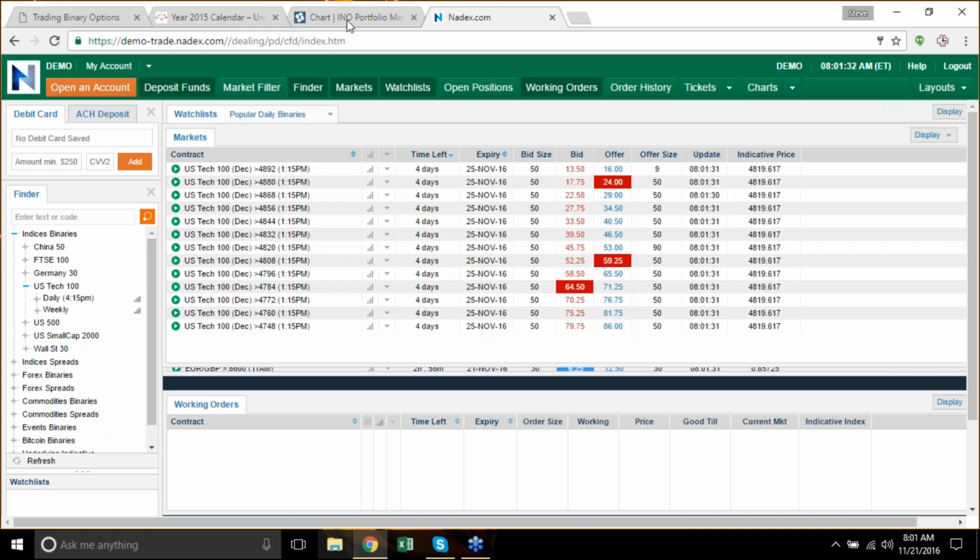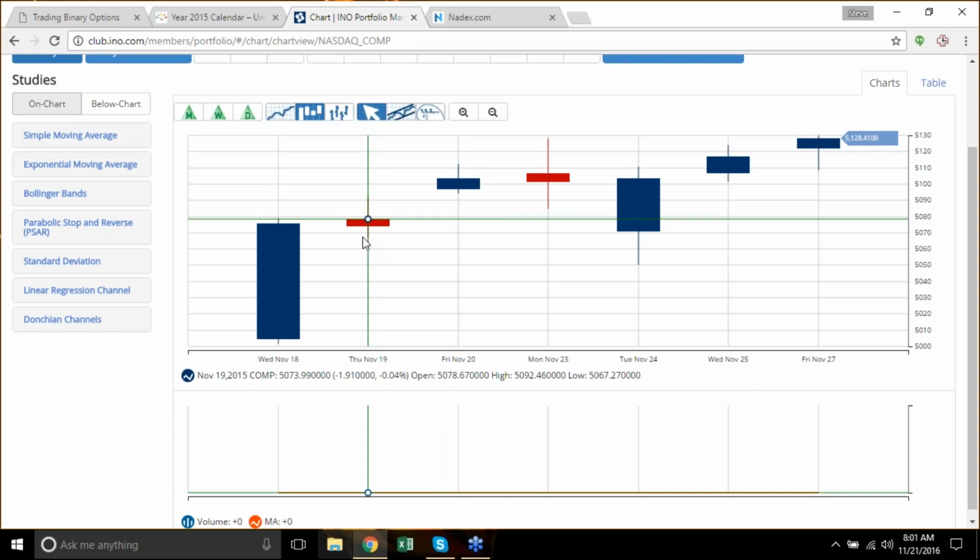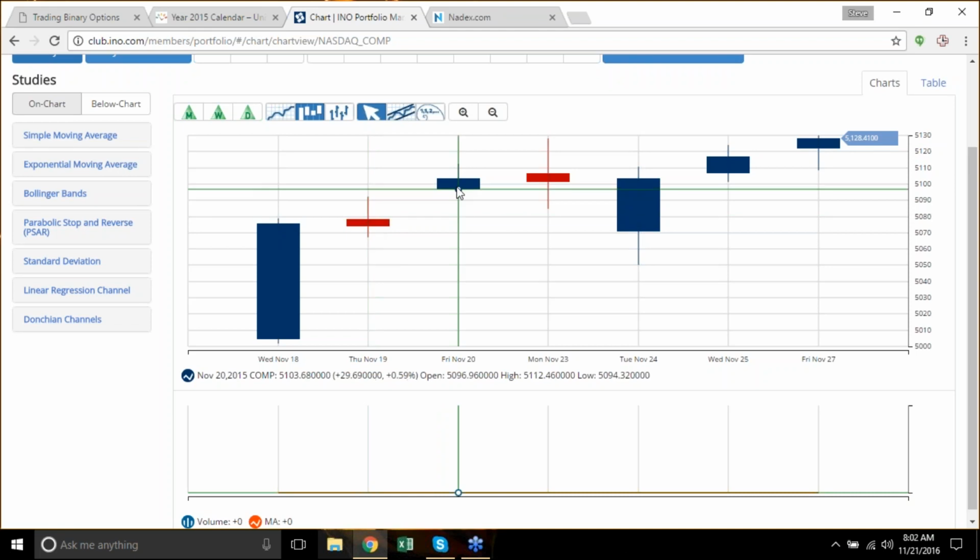For example, what I mean by that, the systems are never based on open to close. They're always based close to close. And what I mean by that is this. And you can see, for example, this is a trade from last year. I just had the chart up. But on November 19th, 2015, the market closed at 50.73 and change. This is a very small up bar as far as from open to close. But it's actually up. If you look down here, you'll see it's actually up about almost 30 points. Even though that bar is very, very small, it's up almost 30 points.